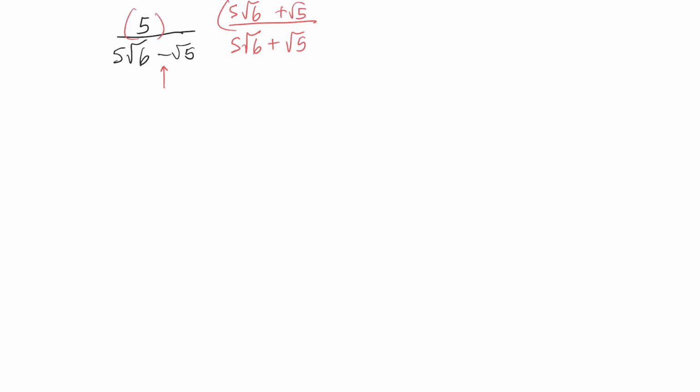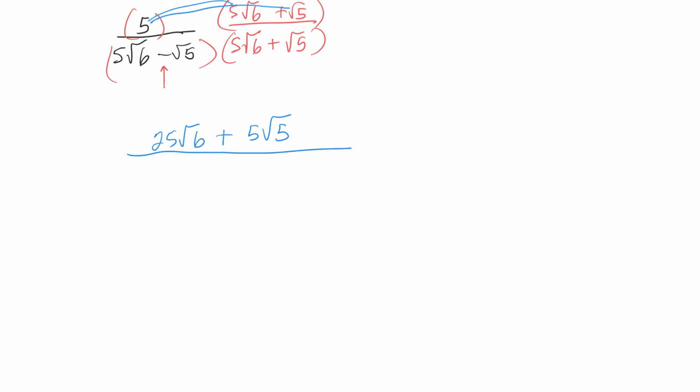Okay, so now I'm going to multiply all those together. So this times this and this times that one. So it'll be 25 root 6 plus 5 root 5 over on the bottom. Is that right? I think that's right. And then on the bottom